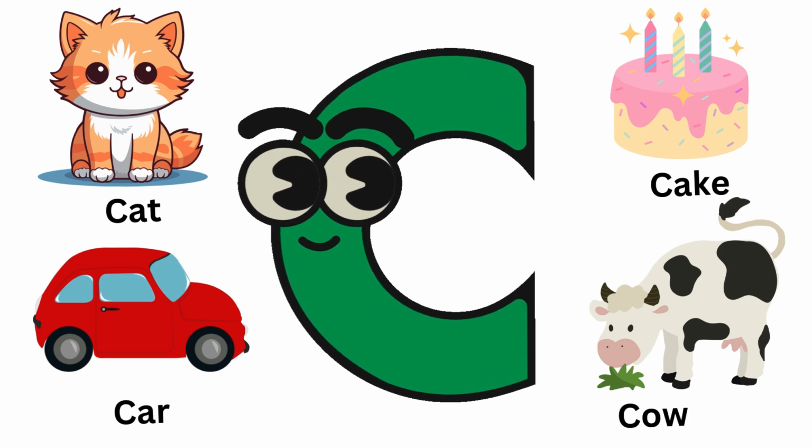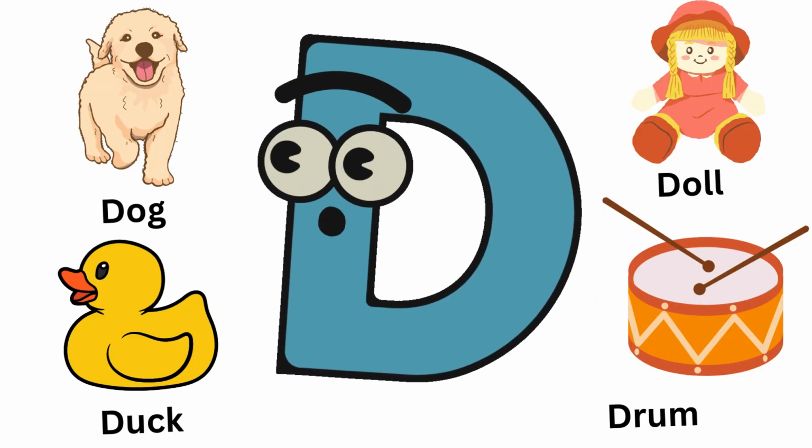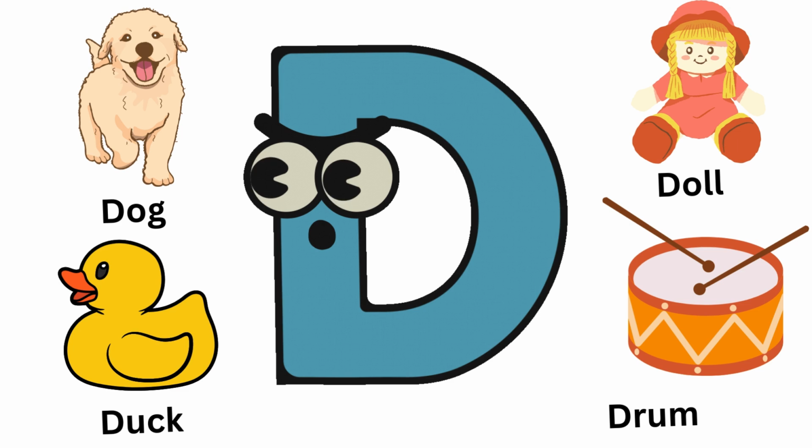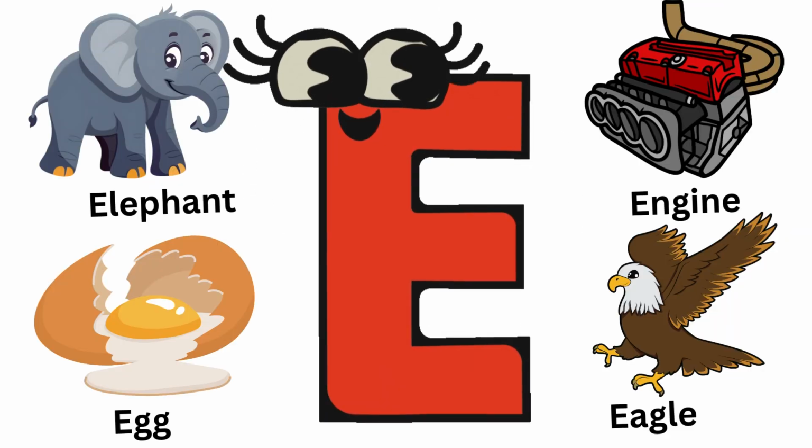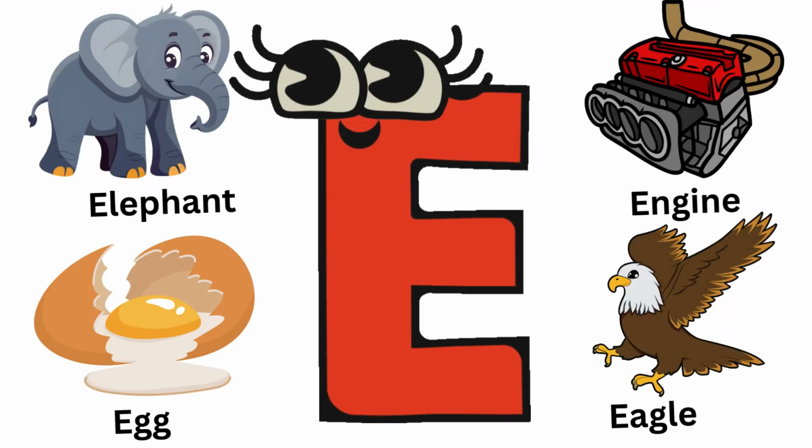C is for cake, C is for cow, D is for dog, D is for duck, D is for doll, D is for drum, E is for elephant, E is for egg, E is for engine, E is for eagle,